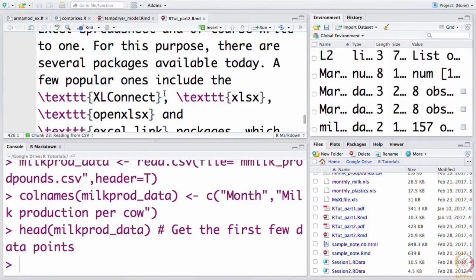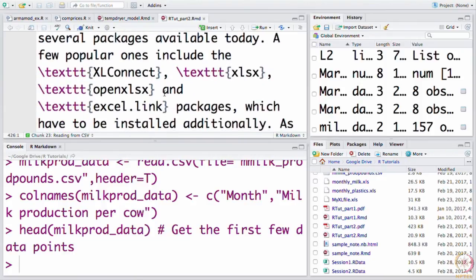So you need separate, user-developed packages, and there are quite a few of them. I am just naming four here: XLConnect, with the X and L in uppercase, XLSX, openxlsx and excel.link. There are many others; these are not the only four. Depending on your needs, you can pick one of those.